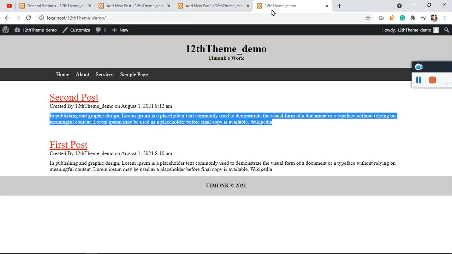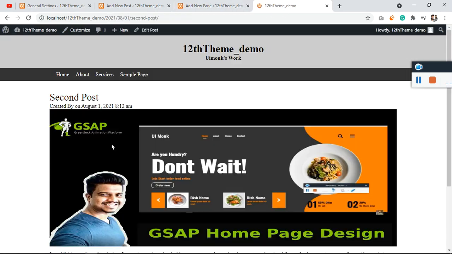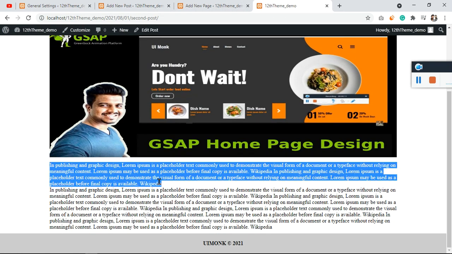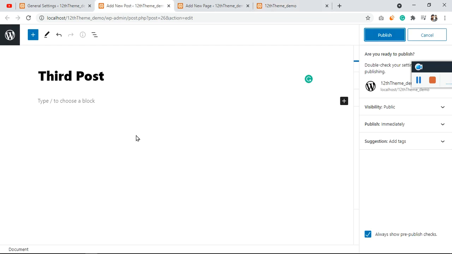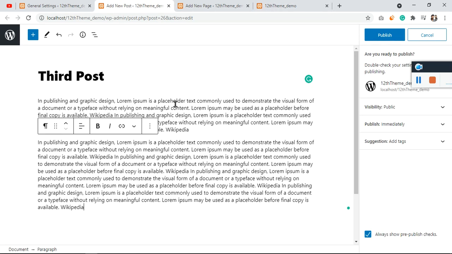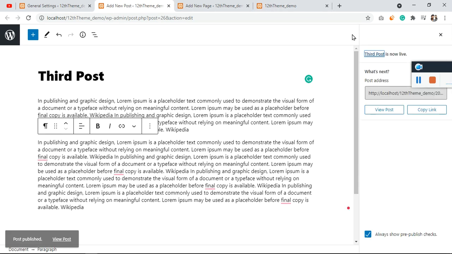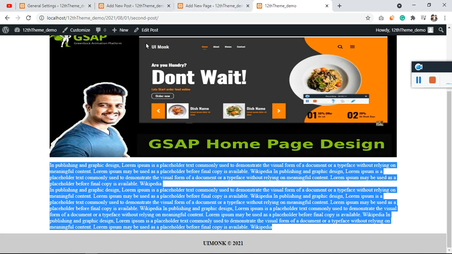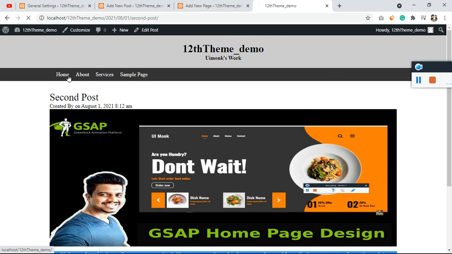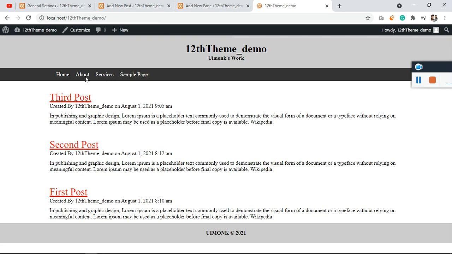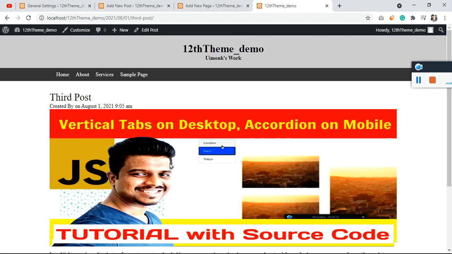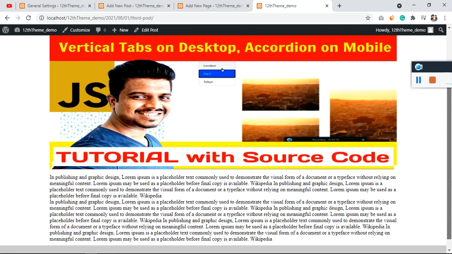Before publishing, we need some content as well. So for the content, let me copy paste, give the content and publish this. Once this is published, on the home page you can check the dynamically added post. So this is going to be the third post. You can see the third post is available. If you click, along with the images, you're getting the description. Fine.